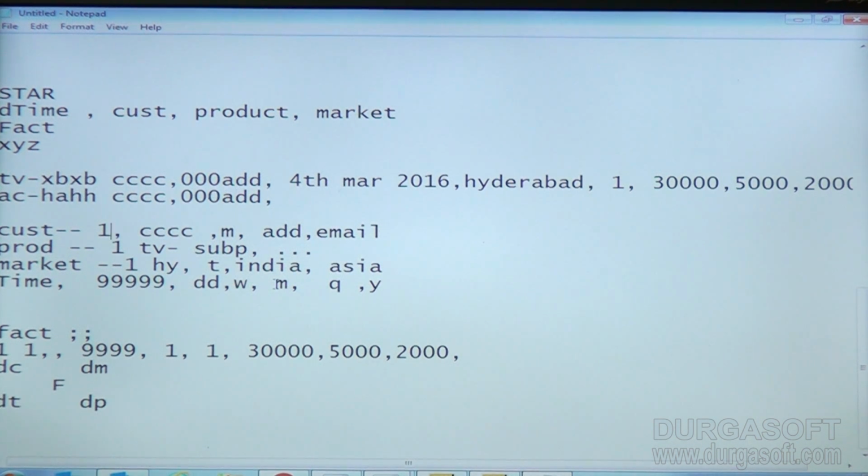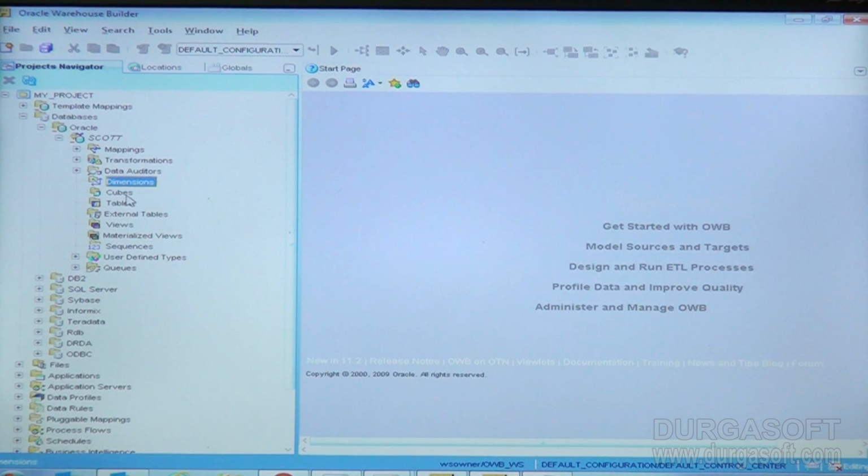there are different hierarchies or levels. See, let us say in this particular time dimension, day is the lowest level, level 1. Level 2 is week. Level 3 is month. Level 4 is quarter and year. These are all the different levels I can maintain in my time. Similarly for market, the lowest one is location, under that state, country, and which continent it belongs to. Similarly for product, different hierarchies and different levels we can maintain. So these all come under dimensions and cubes,